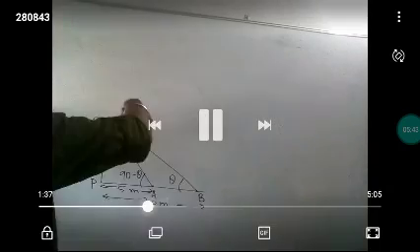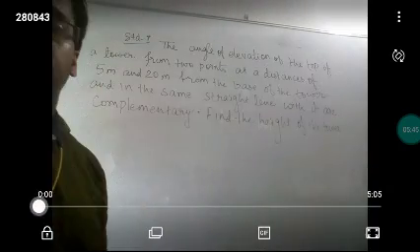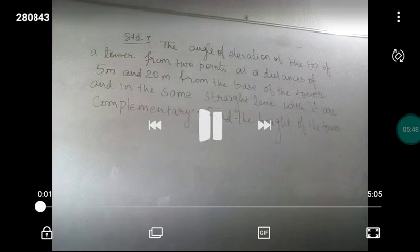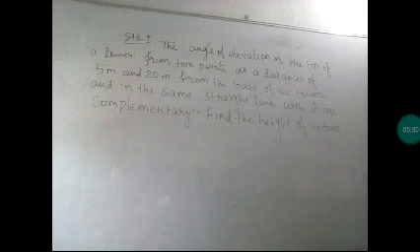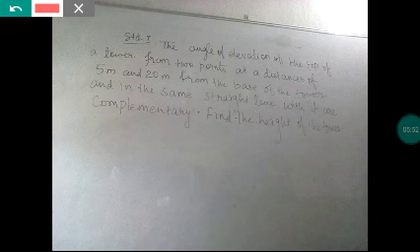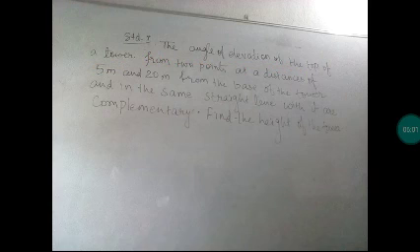Now, first of all, let me explain the question here. The question is saying that the angle of elevation of the top of a tower from two points